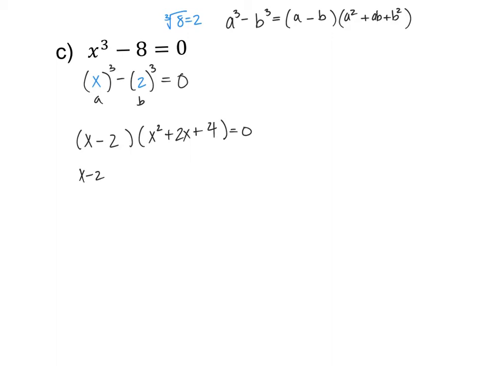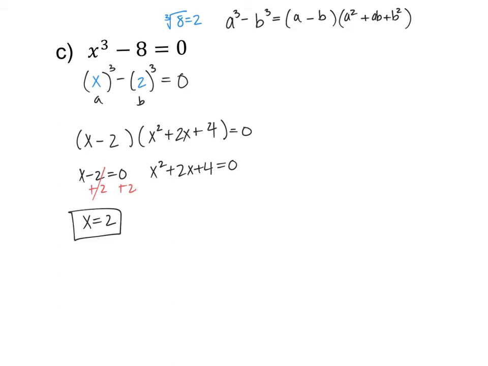I'm going to set both of these equal to 0. So to solve this out, let me add 2 to both sides for the first one. So my x equals positive 2. This is the one that gets people. So on this one is a trinomial. You can attempt to try to factor it, but you'll realize you'll get stuck and you have to use the